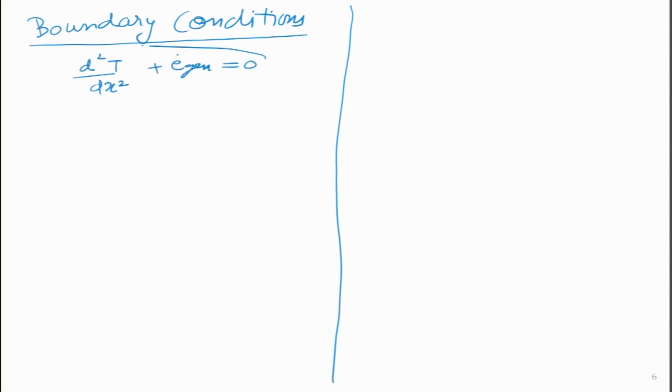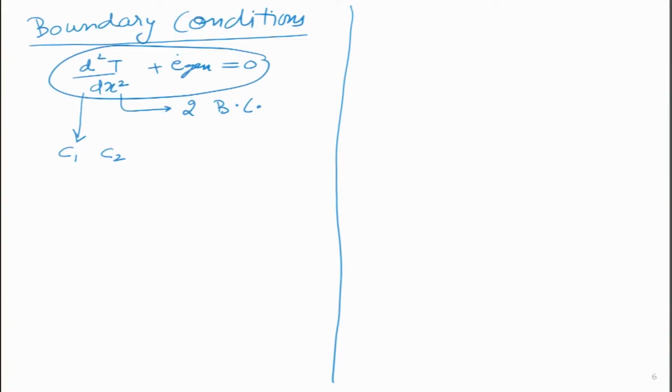Let us say this form is over here. If it is a second order differential equation, then we need two boundary conditions, because when we are solving this particular equation, we will be faced with two constants C1 and C2. So, we have to somehow solve for these constants, otherwise we will just have a general equation, we will not be able to achieve the specific result. So, those are termed as the boundary conditions. We will look at several boundary conditions in this set of examples.